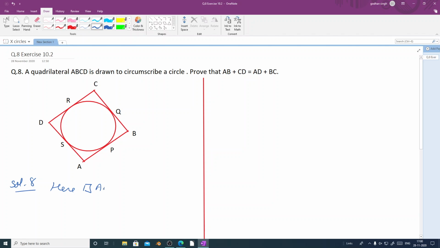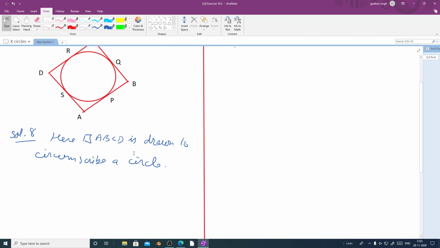Here, quadrilateral ABCD is drawn to circumscribe a circle. Therefore, we can see that AD, AB, BC and DC will all become tangents, and therefore we can say that